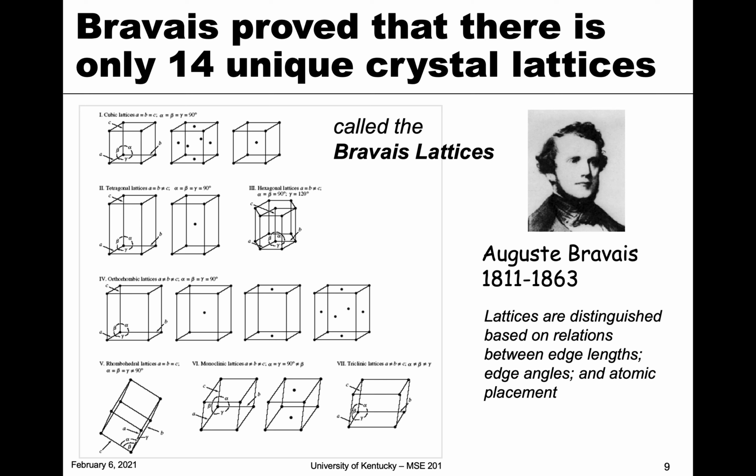So those were systems. Now let's talk about the crystal lattices. Again, this is putting an arrangement onto the geometry. And what we find is that there are only 14 crystal lattices. Once we put arrangements onto the systems, there are only 14 unique crystal lattices. Because this is a unique number that was proven by the scientist Bravais, they're given the name Bravais lattices, because he was the last person to prove that there were only